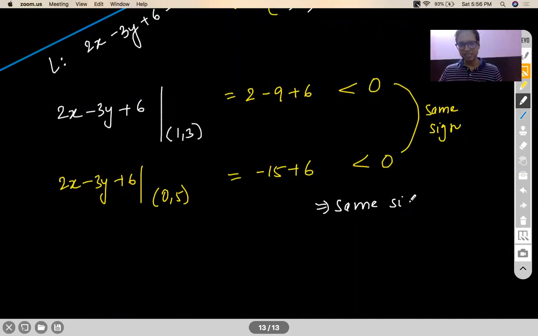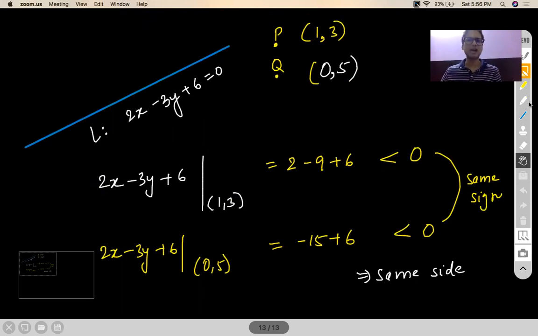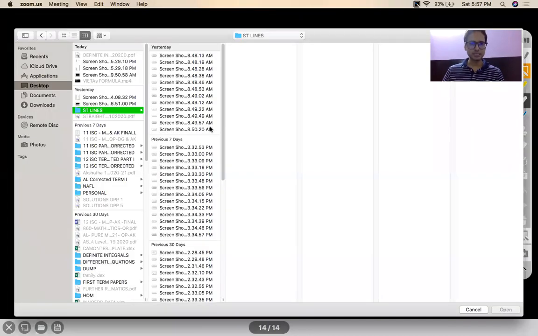Now this concept looks very simple when you look at it from this perspective, when there is a given line and two given points, but this is not how the questions are going to be framed for you in the competitive exam. So what type of questions will you get? Let me give you the question. This is my question.